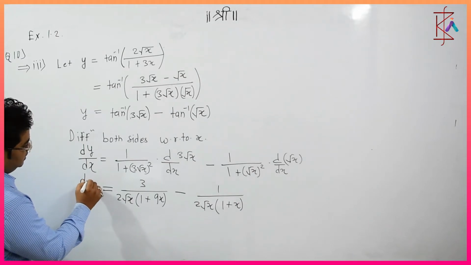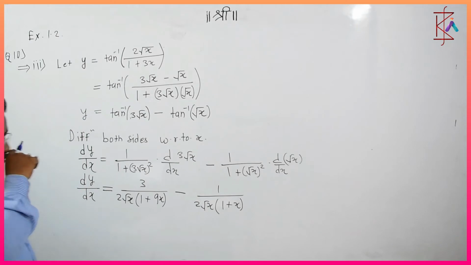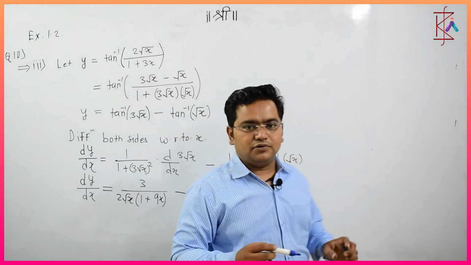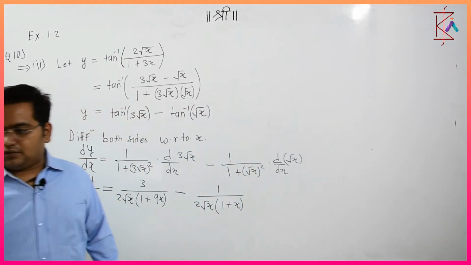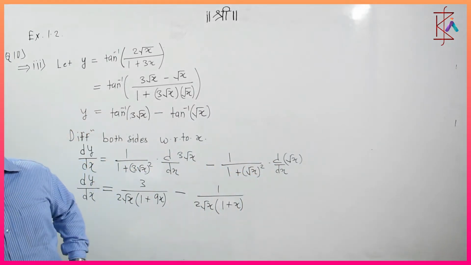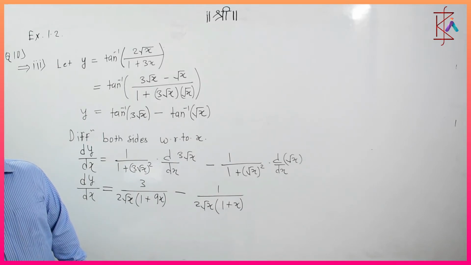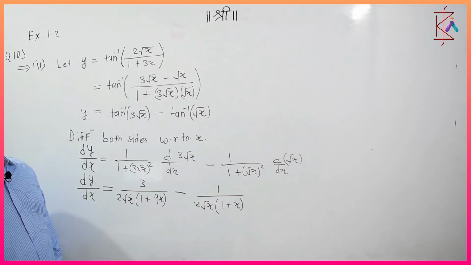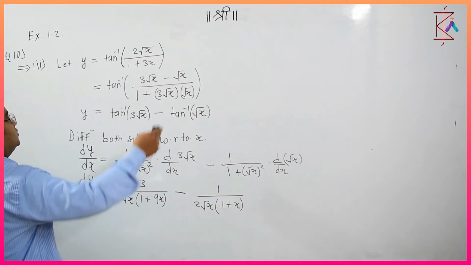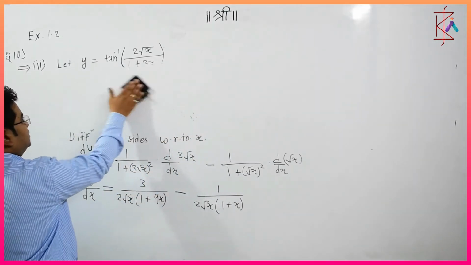So as you can see how simple these questions are at the end of the chapter. We need to have a few formulas with us and just substitute them. That's what we learned. Now the next question is again interesting. What is the next question? Tan inverse of 2 raised to x plus 2 divided by 1 minus 3 into 4 raised to x. I would like to perform that question here only, so erasing this whole question. Hope you got it. These questions are easy.